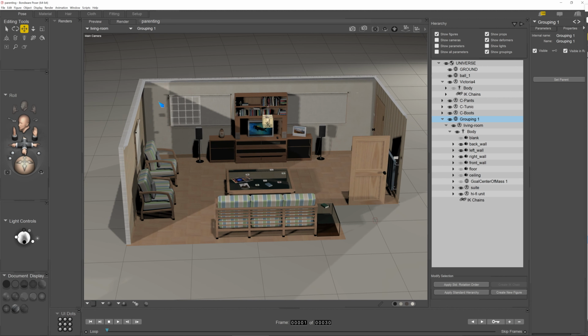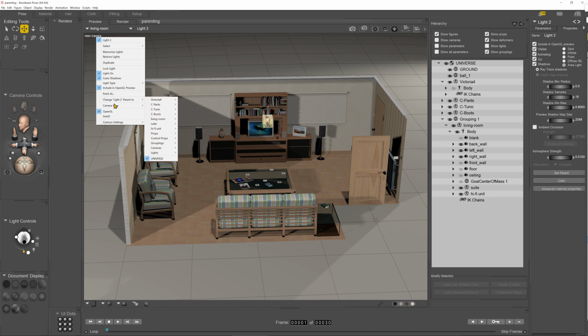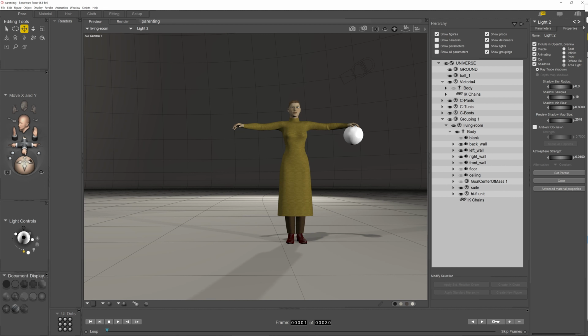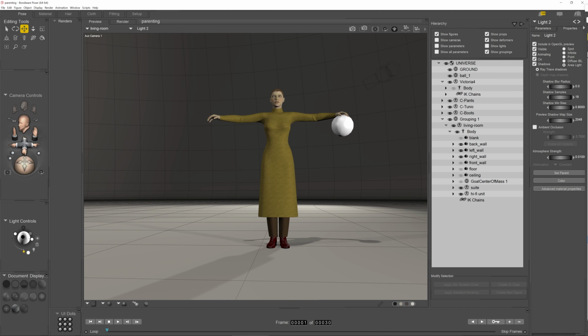Now let's talk about another situation where parenting is useful. I'm just going to change to a camera that I created earlier, and that is this figure here. So what I have here is a Victoria figure, and she's wearing clothes, obviously. So the clothes are